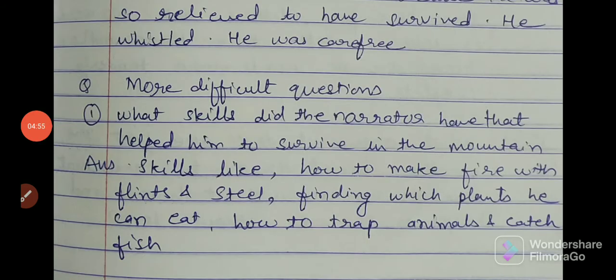More difficult answer. What skills did the narrator have that helped him to survive in the mountain? Skills like how to make fire with flint and steel, finding which plants can be eaten, how to trap animals